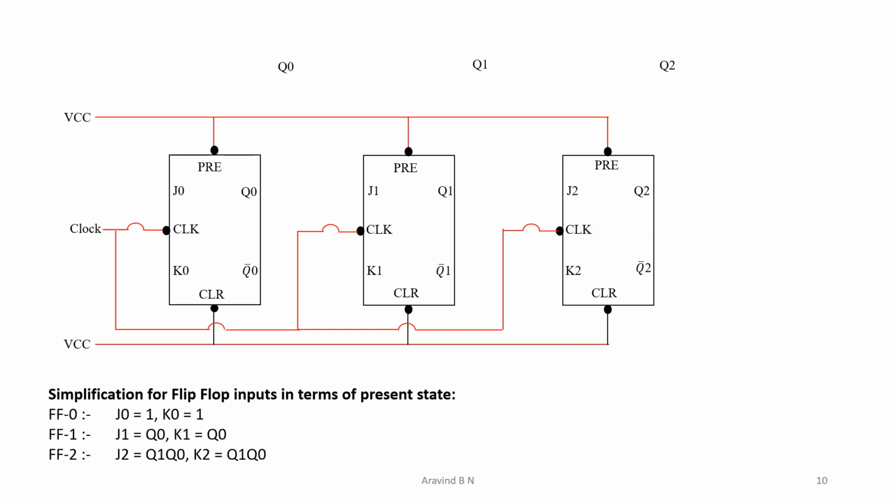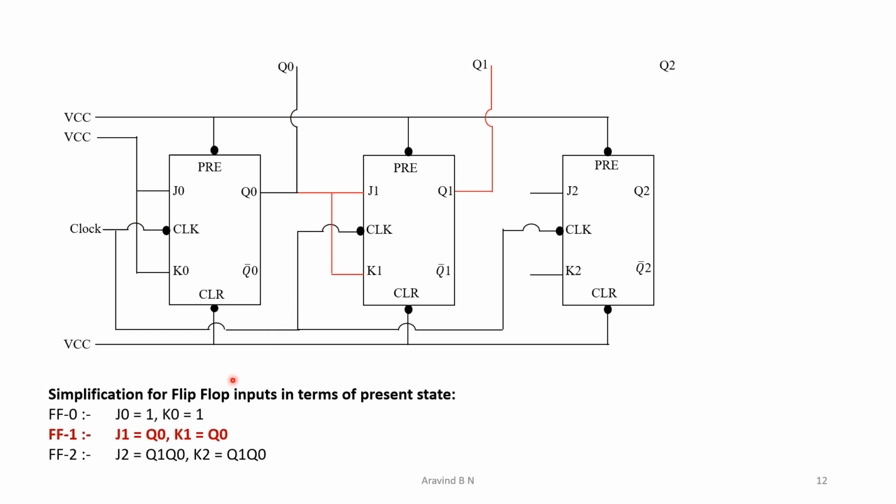Let us get into the next part. Here we are going to have a realization for flip-flop 0, that is for J0 as well as for K0. J0 is equal to 1 and K0 is equal to 1, in the sense J0 and K0 have a common value. So we can short them, and both of them being equal to 1, I can connect them to VCC. Therefore, J0 and K0 are shorted and connected to VCC. The output of this flip-flop is going to be Q0, and that is what is being represented over here.